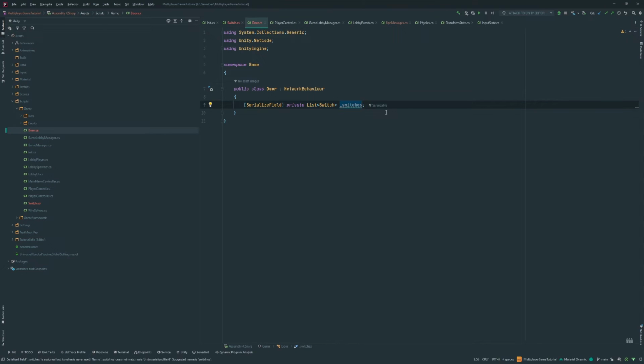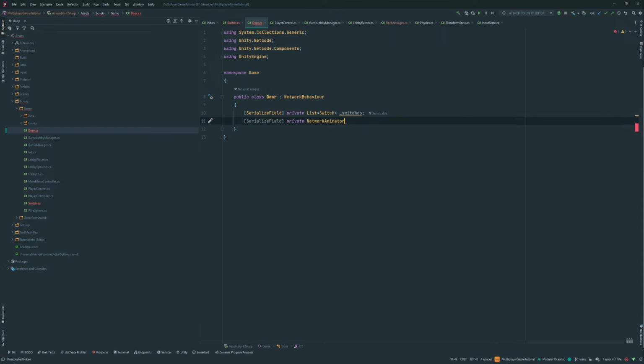Here we go. So now that we have that, we also need a reference to what we added with. It's going to be a NetworkAnimator, animController. So a NetworkAnimator is a component that allows us to sync the animator between all the clients that are in the scene. So that's going to be pretty useful because when the door opens, we want it to open on everybody's